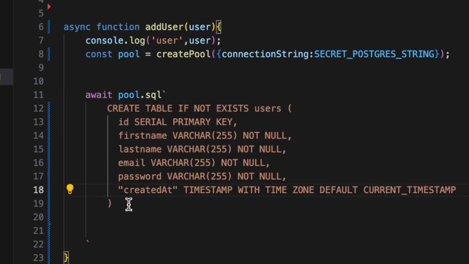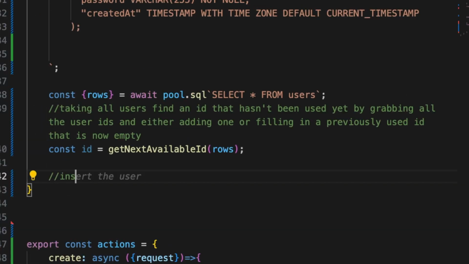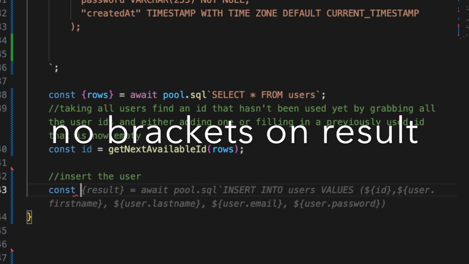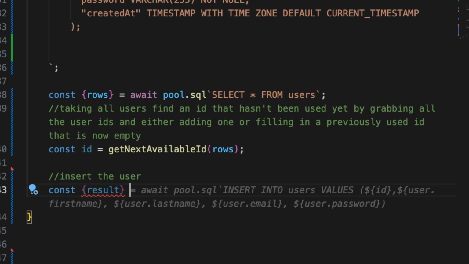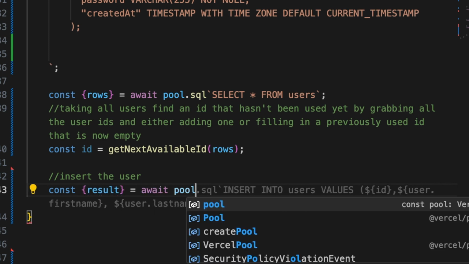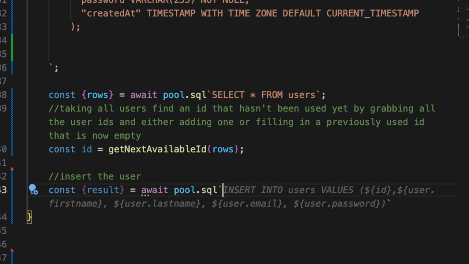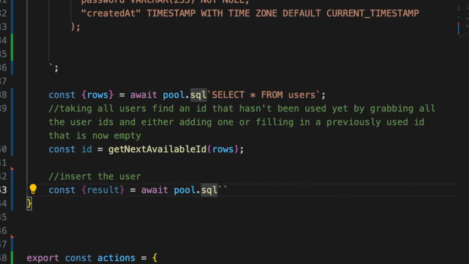We need to add in just outside there, add in a semicolon. You can also put a semicolon here at the end of your string literal to help show you this is where this command actually ends. Then we're going to insert the user. To do that, we're going to do a const result equals await pool.sql, and again with that weird backtick syntax, what we're going to have in here is an insert into users